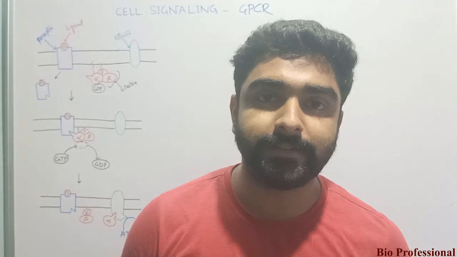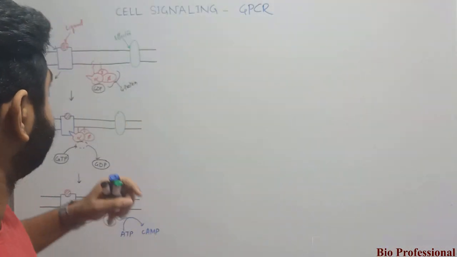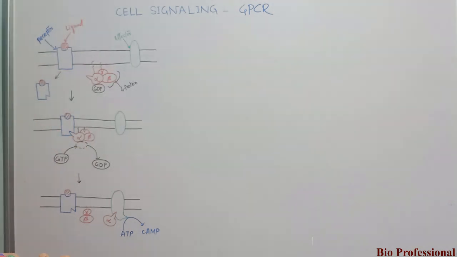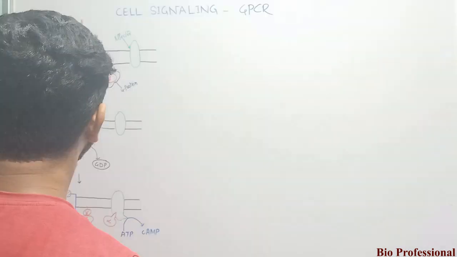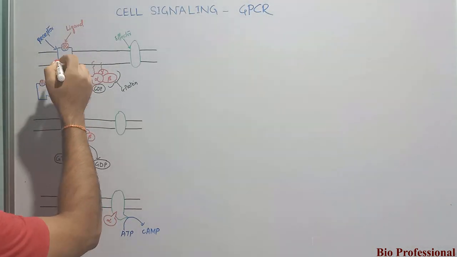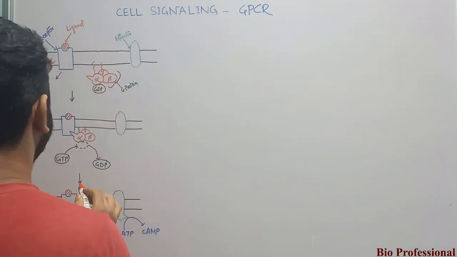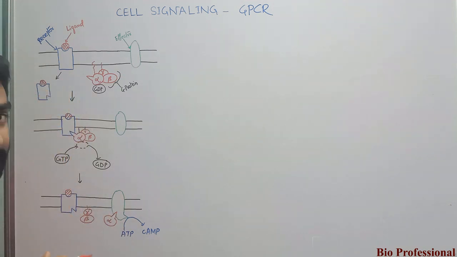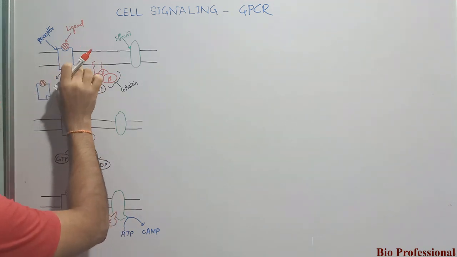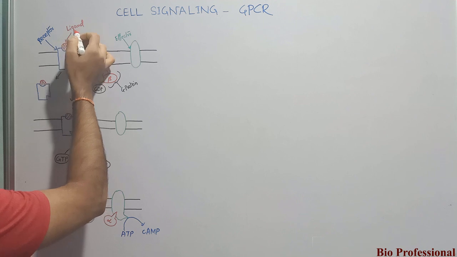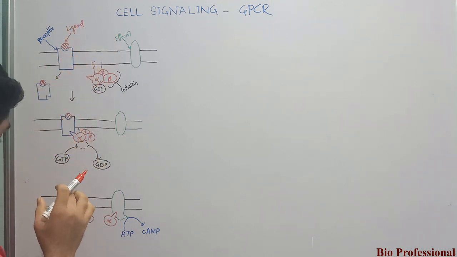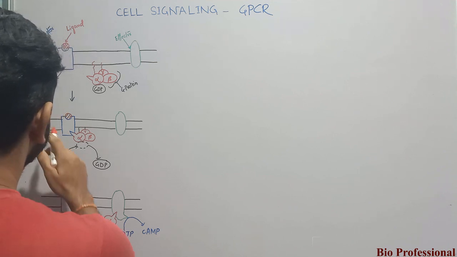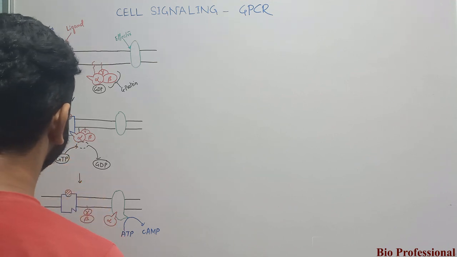So now let's understand the whole cell signaling process. You can see here this is the receptor and there is a ligand. After this ligand binds to the receptor, there is a conformational change. Here you can see the shape is different. So when the ligand binds to the receptor, there is a conformational change, and this conformational change leads to